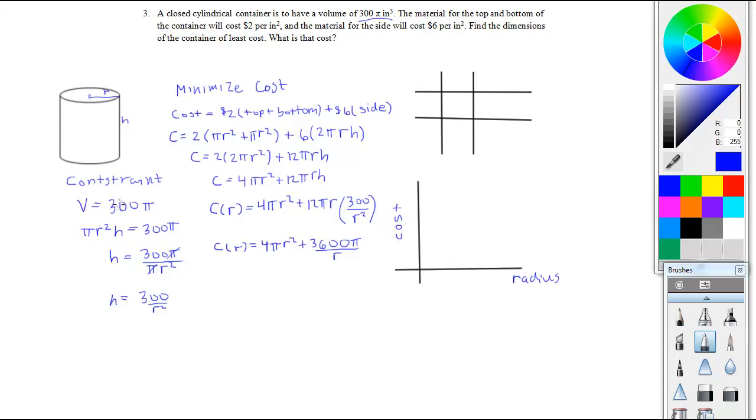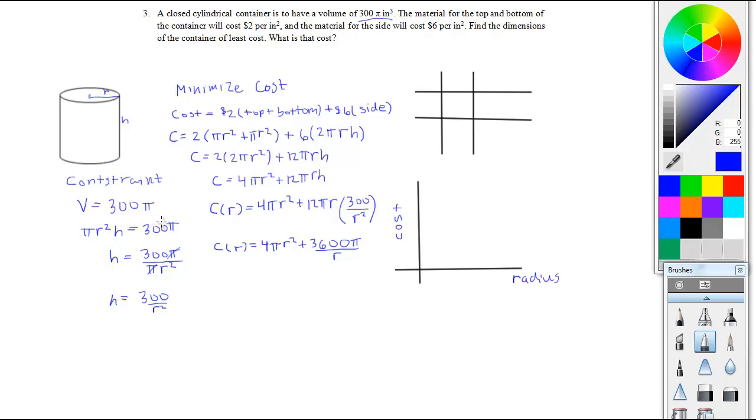So if we know that the volume, pi times the radius squared times the height, has to equal about 300 pi, then we've got to figure out some numbers here such that when you multiply r squared times h, you